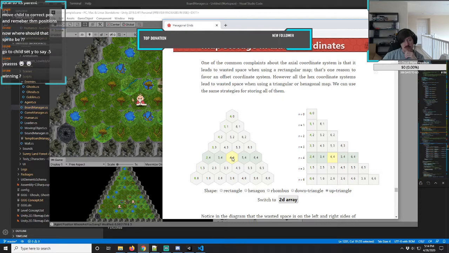But maybe I'm still kind of screwing up things a little bit in my map maker,